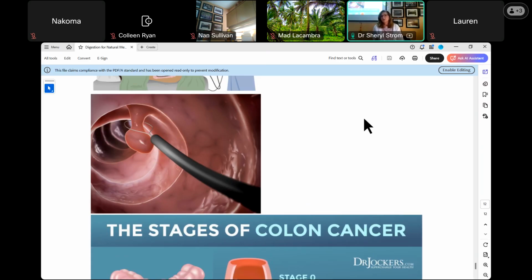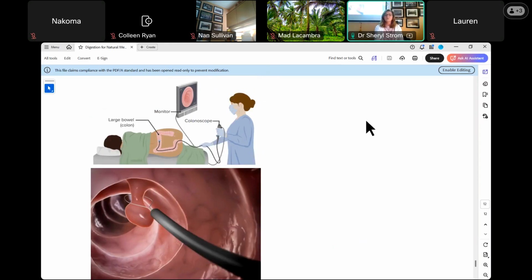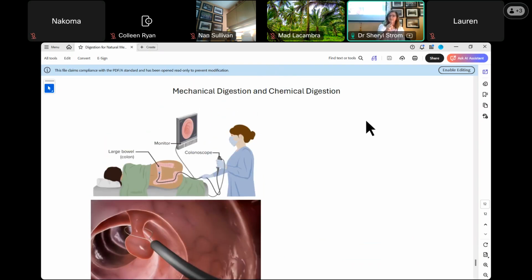No, what Cologuard does is identify if there is DNA related to cancer. That's it. You can't see polyps. You cannot see what the tissue itself looks like. You have to go in there to actually visualize it. So remember that this is limited because it only goes to the large intestine.